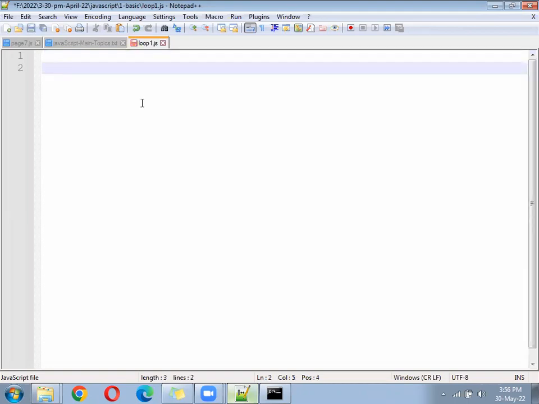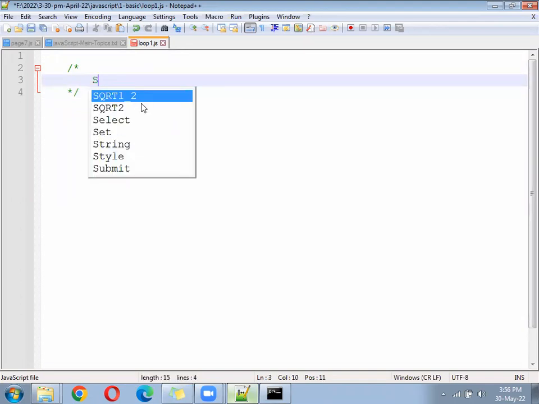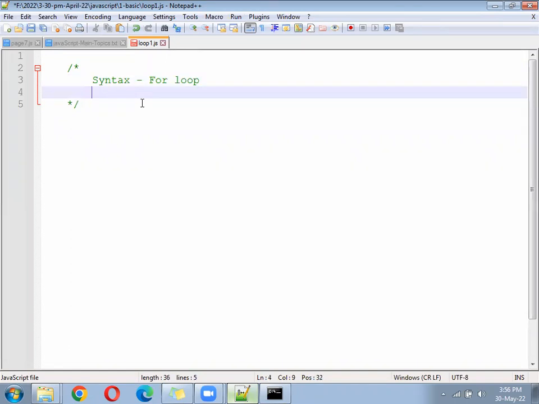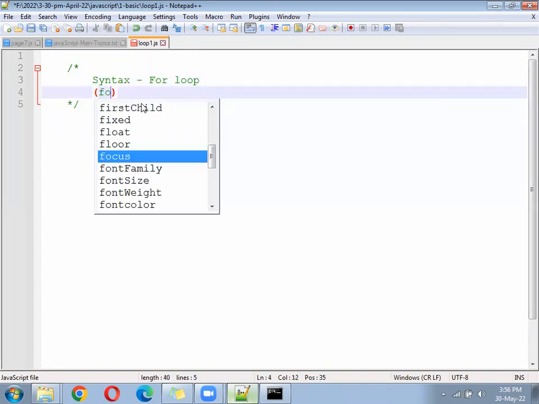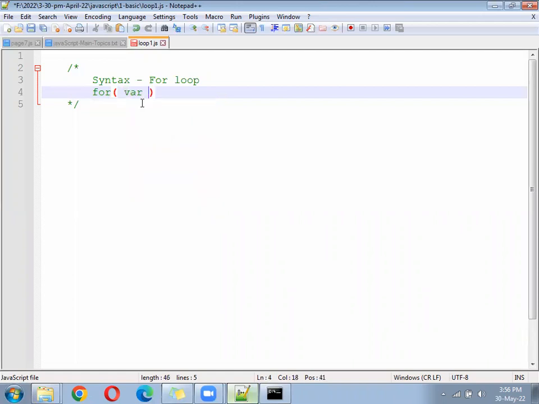write the comment: syntax for for loop. You can say for (where i equal to, or you can write here